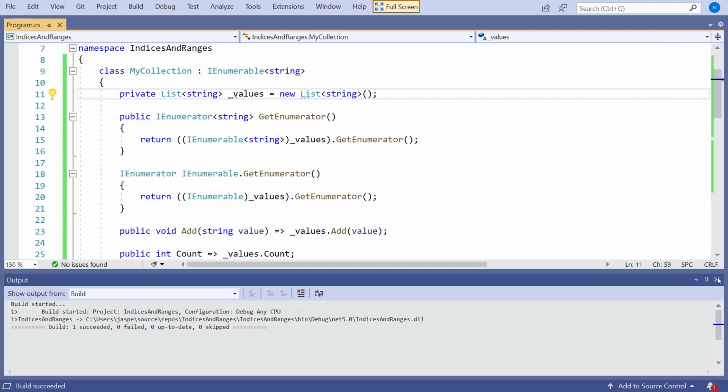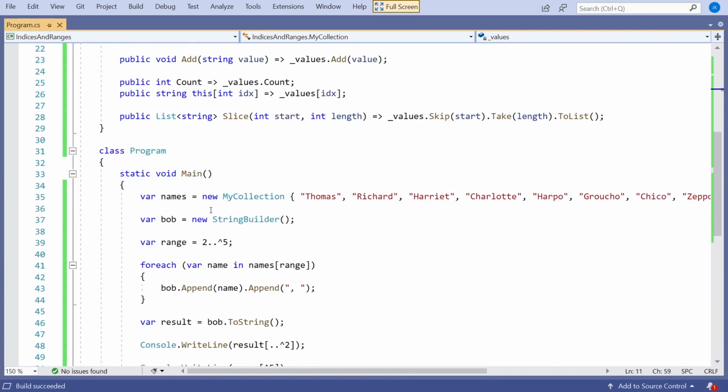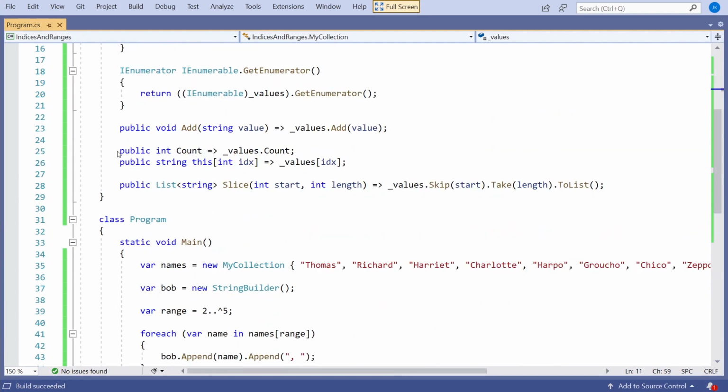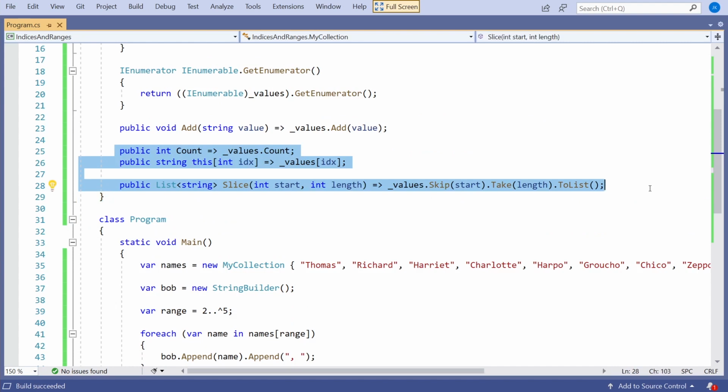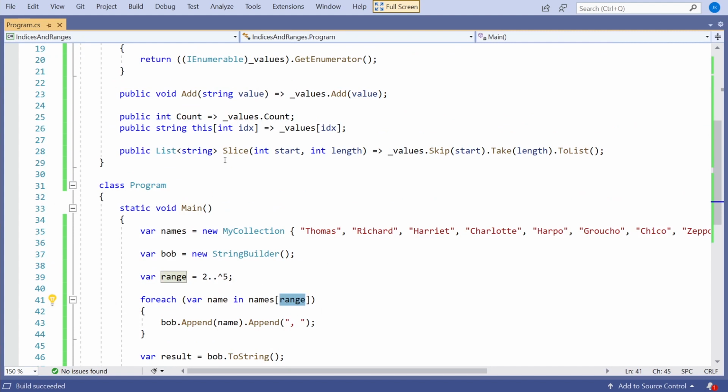And so that's really it. And the point of it is, all of this work is actually done by the compiler. So we've just got these straightforward methods, properties, and indexer on there. And when the compiler sees a range that we're trying to pass in, it actually does all the work. So it calls the slice, calls the count, subtracts 5 from the count, and eventually that's everything that gets passed in there.